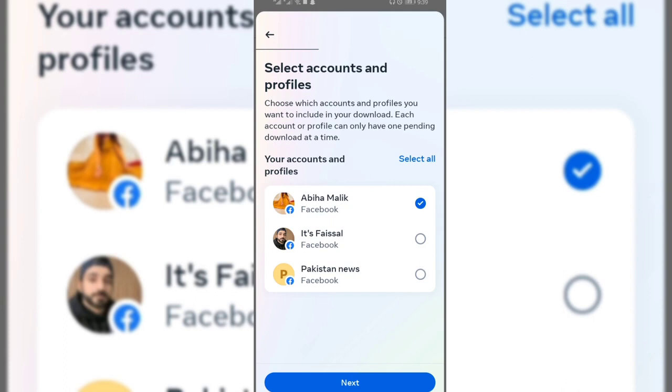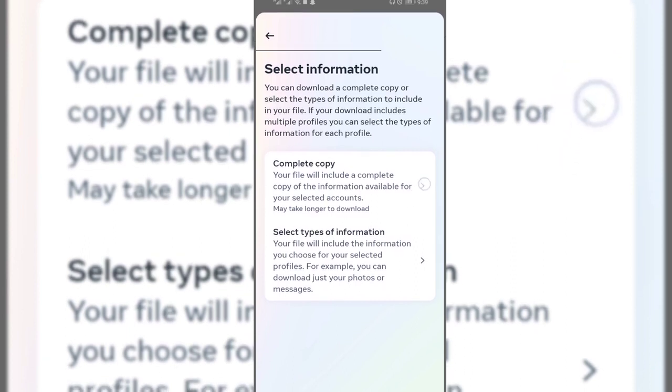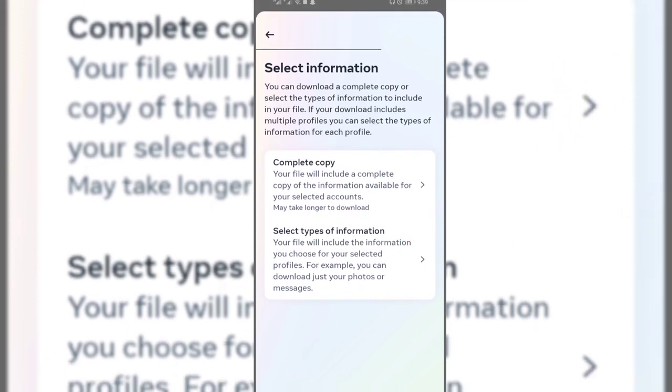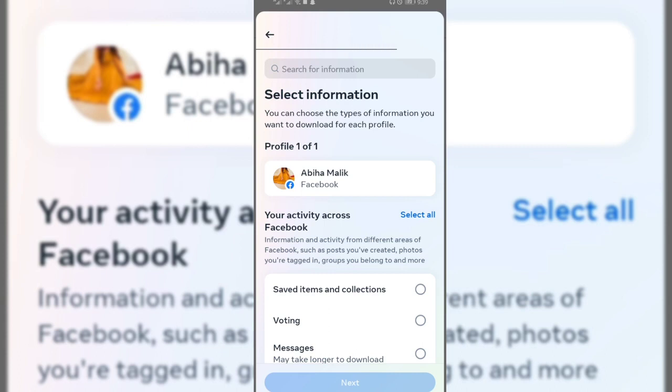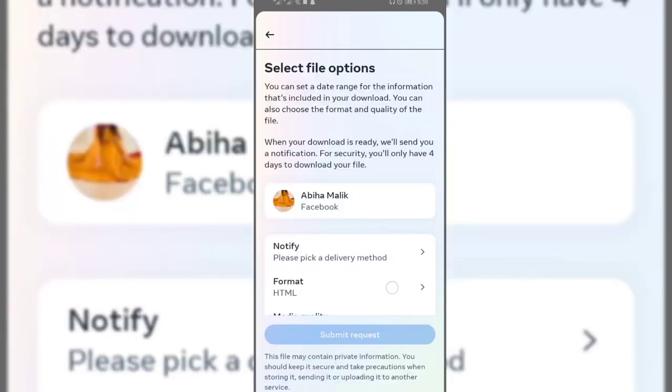select one of your profile and if you want to download the complete copy just tap right here, but we want to download the messenger conversation, so just tap on select types of information and here you can see the different options, but we are going to tap on messages, tap on next and